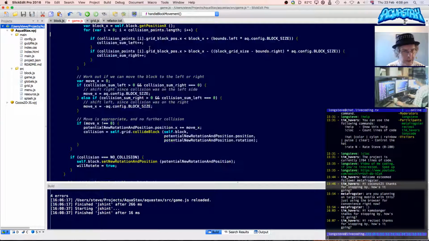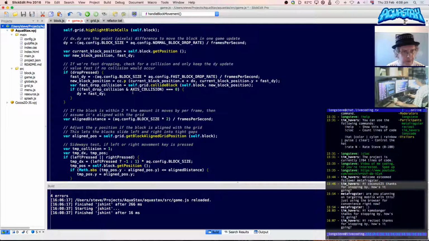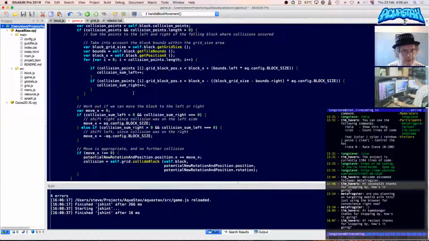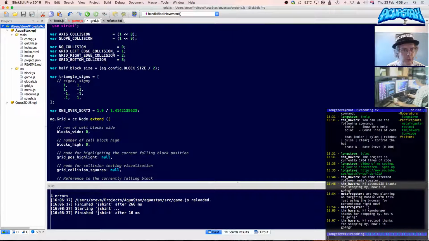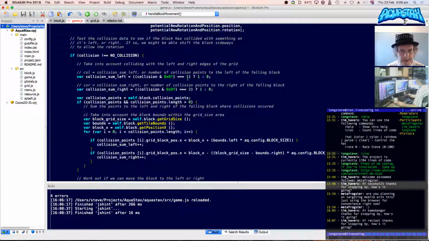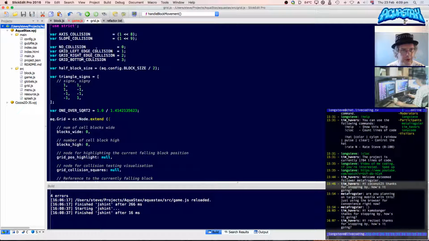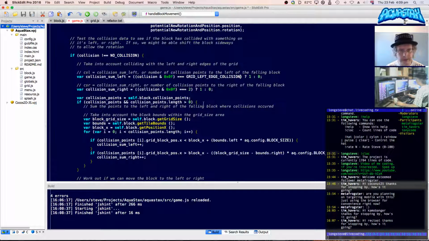And actually, I just realized that the bit of code I wrote down here needs to be fixed. Here we go. I want to include grid left edge collision here, and I want grid right edge collision here. 2.